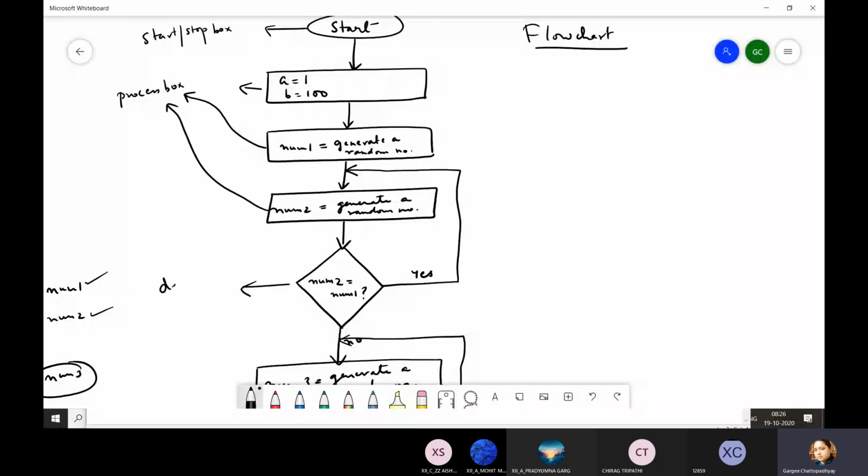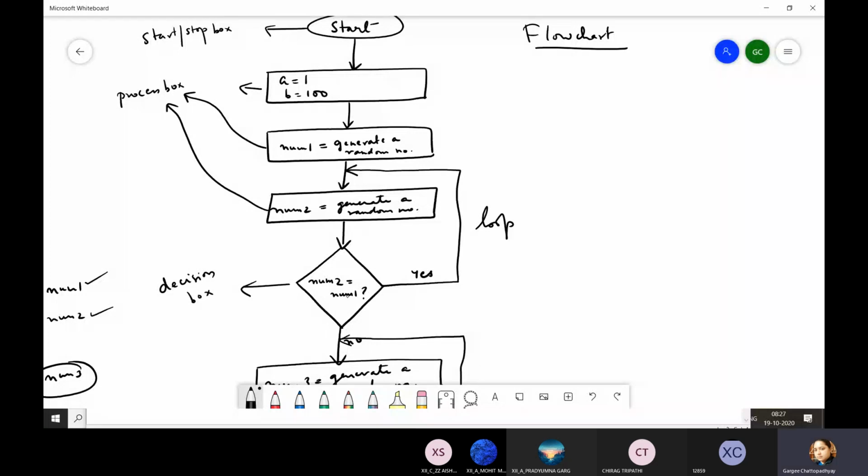This is a decision box. Why? Because any kind of decision when I need to take. When do I need to take a decision? When I'm using an if statement or while loop or for loop in my program. So here it is forming a cycle, that is, it's forming a loop. Here I have used a decision box.